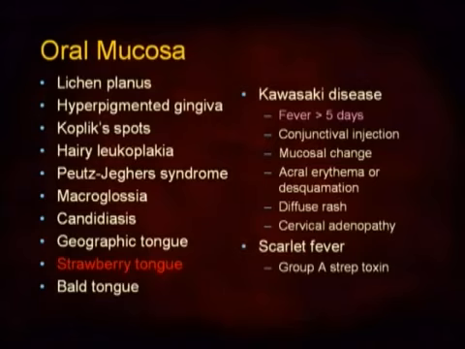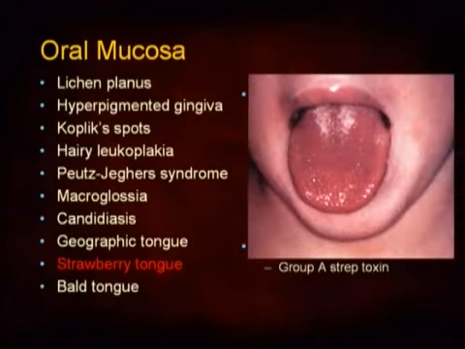And then next up is the strawberry tongue. The common setting to see this is in the setting of a toxin-mediated erythema, and we'll talk a little bit more about that later on too. But Kawasaki's disease, the exact etiology isn't clear, but remember this requires a constellation of symptoms in order to make the diagnosis, in particular a fever lasting for more than 5 days without some other explainable cause for it. Patients also have conjunctival injection. They can have a variety of different kinds of skin findings that heal with desquamation, and they have this strawberry tongue, which looks just like the name suggests, sort of bright red